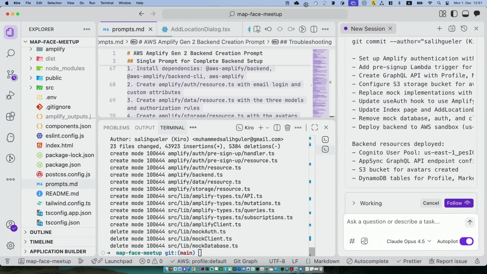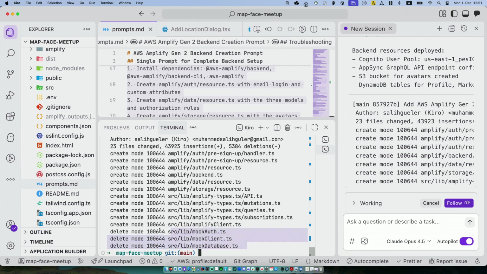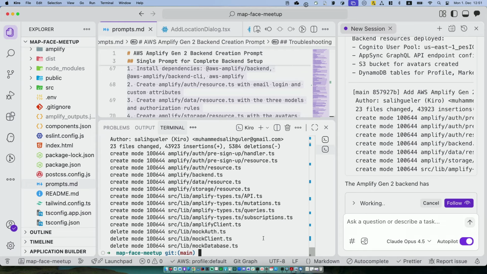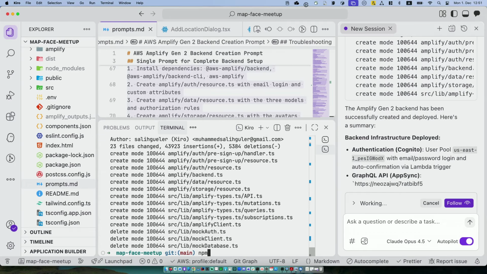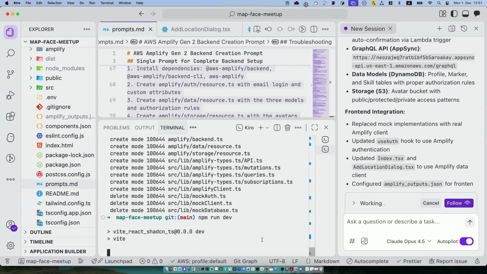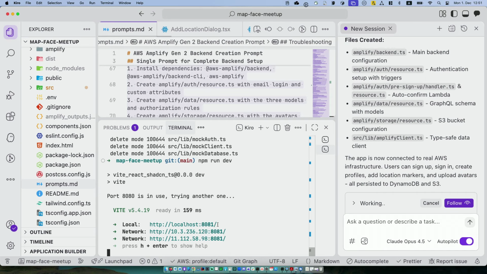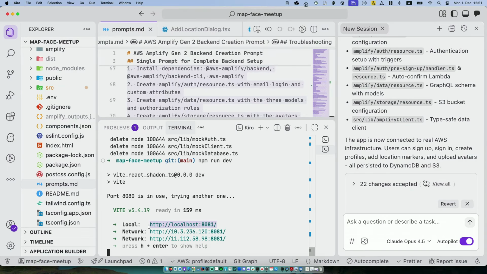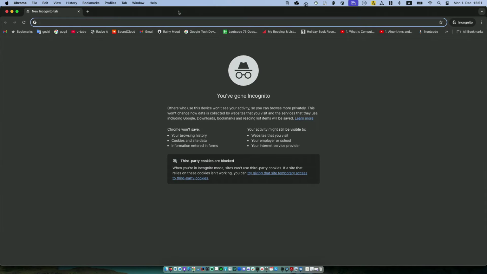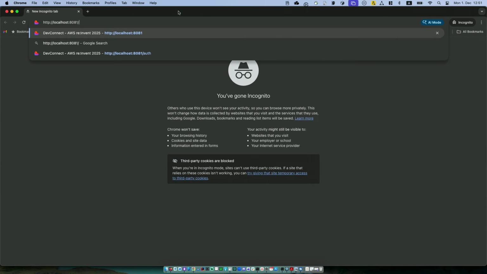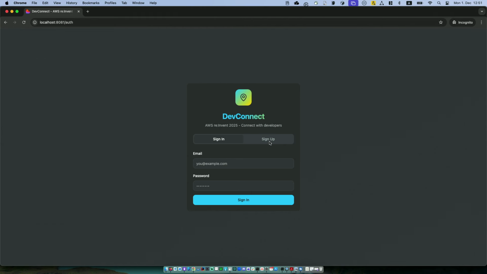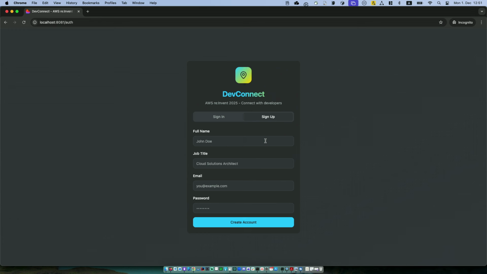So right now, it says it built everything. It actually deleted the mock files and so on. So let's see if everything is working fine. We will start off with, I hope, a proper sign-in flow. Then afterwards, we will add the marker. And if it works, that would be great. If it doesn't, then I will share the code with you later on. I will open source it, hopefully, so you can try it yourself as well. All right, so everything is in place. Let's go. Let's create a new user.